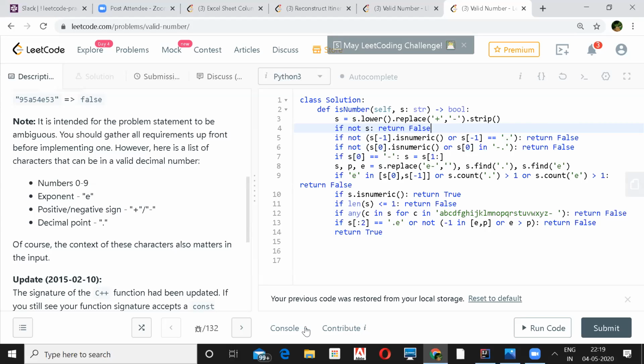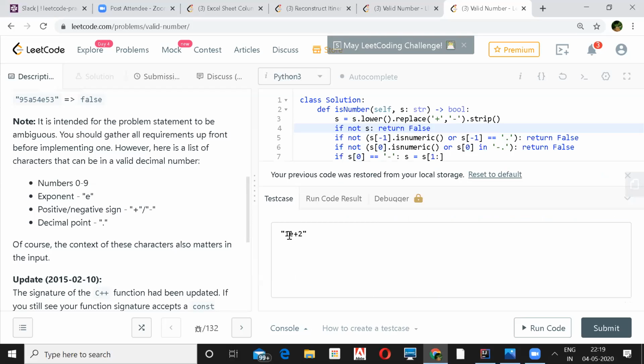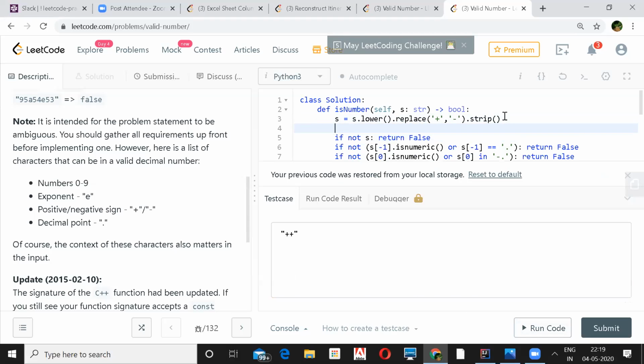I think it's replacing plus just to handle only the minus, reducing the number of cases, because you don't need to worry about plus in that case.